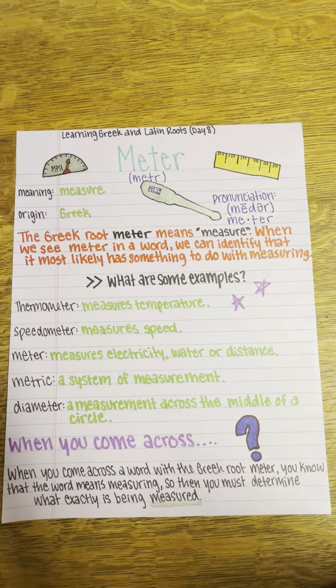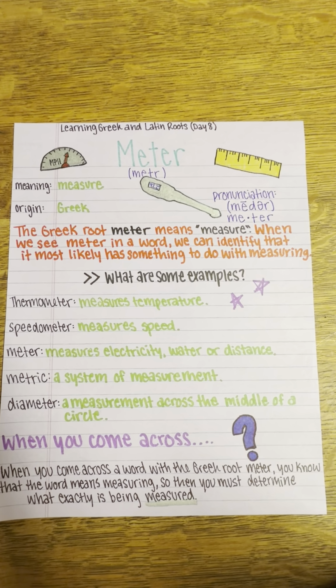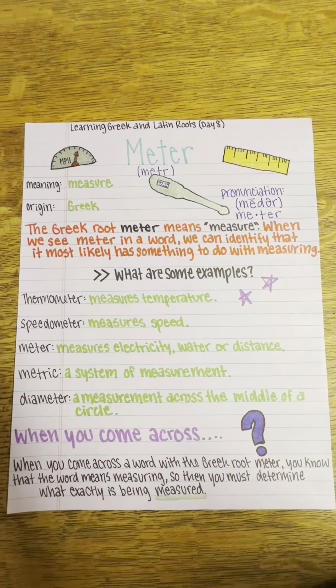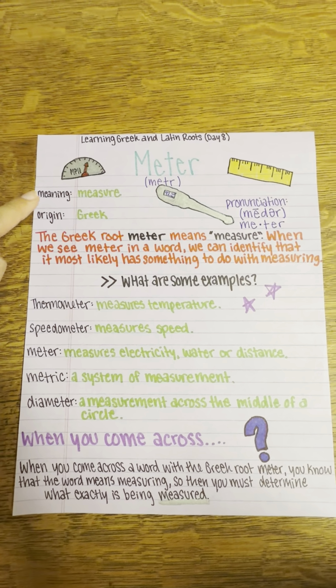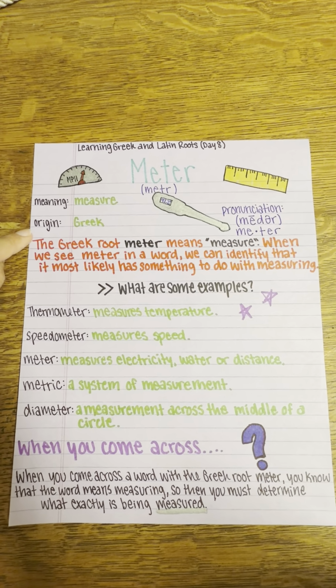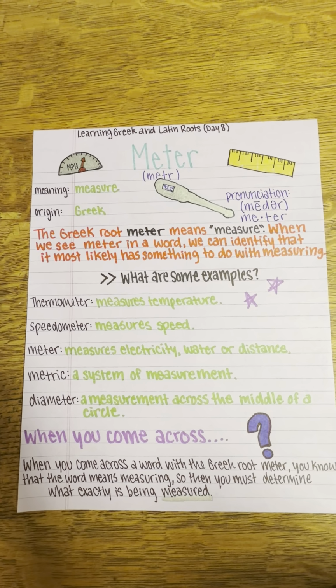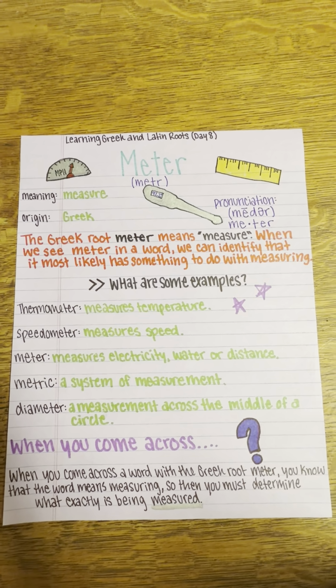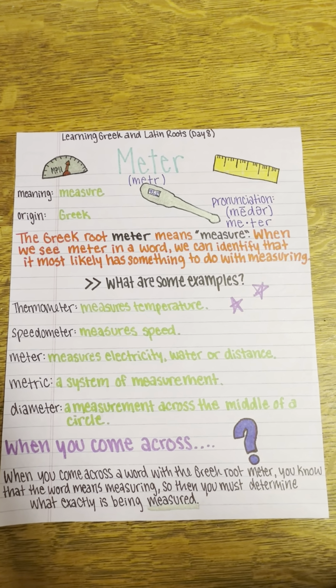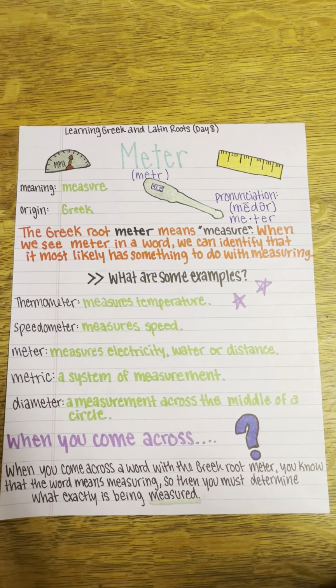When we see the root meter, we see it more often than we think, especially when we study science and math terms. So starting out, the meaning of the word meter is measure, and the origin of the word is Greek. Meter comes from the Greek word metron, which also means measure. So when we see meter in a word, we can most likely identify that it has something to do with